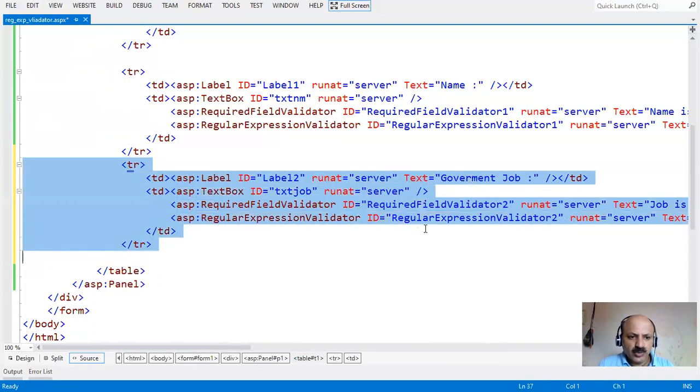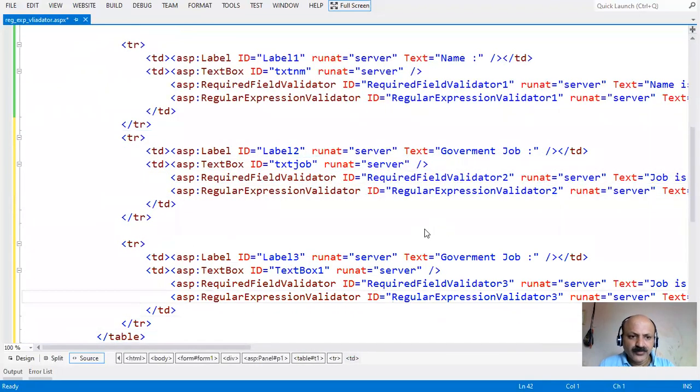Okay, now our third row is done and now we have to take the fourth row, and that is where we have to use the mobile range. Okay, fourth row. So how to implement regular expressions in ASP.NET, that is the main goal of this session. So here we have to specify the mobile range. So here just txt